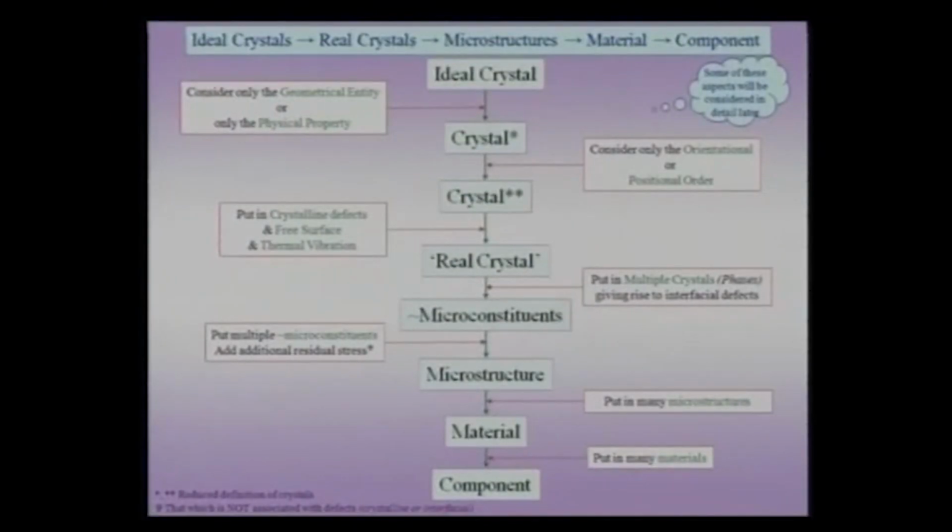There could be reasons at the component level, for instance the component could have a sharp corner which could lead to a stress concentration. It could be at a lower scale, which we will later call the microstructure, or it could be at an even lower scale, and we need to consider all these scales when we want to track down the problem. So let us see how we can go from an ideal crystal to a real crystal